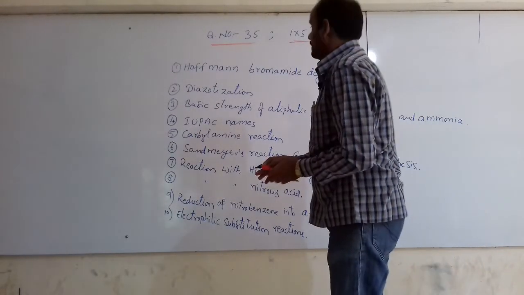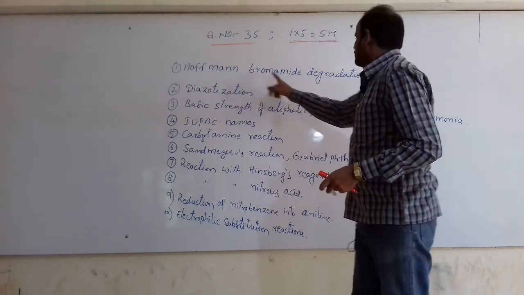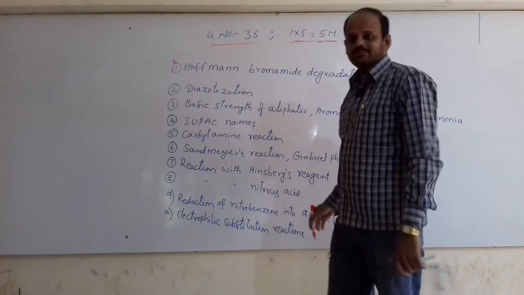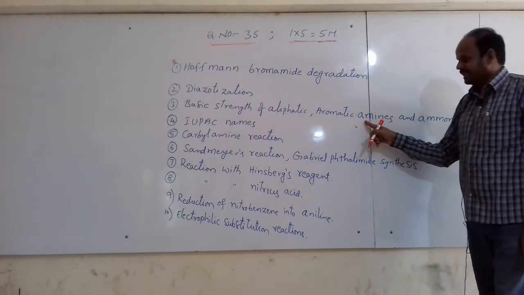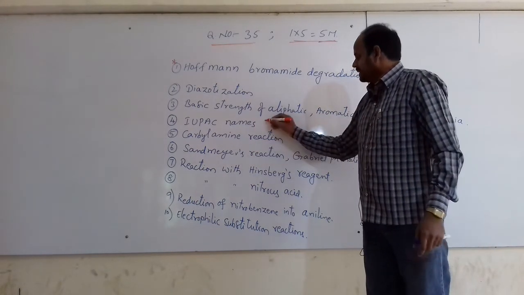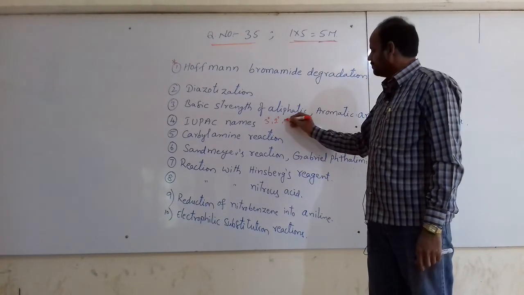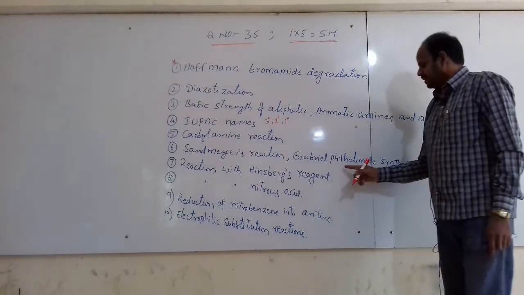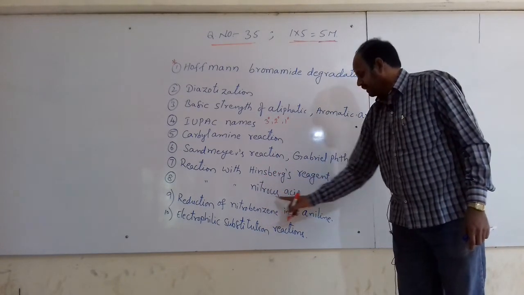Here these are the important topics in this amines chapter. What is the first one? Hoffmann bromamide degradation. It has been asked many times, repeatedly. Very most important. And diazotization, basic strength of aliphatic amines, aromatic amines and ammonia comparison. IUPAC names, especially tertiary amines and secondary amines they have given. They may also ask primary amines. Then the carbylamine reaction, Sandmeyer's reaction, Gabriel phthalimide synthesis, reaction with the Hinsberg reagent and reaction with nitrous acid,